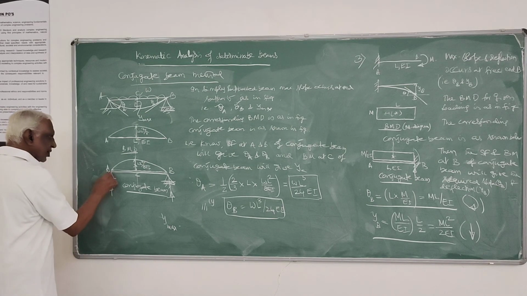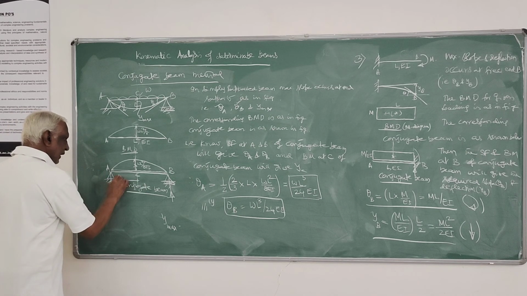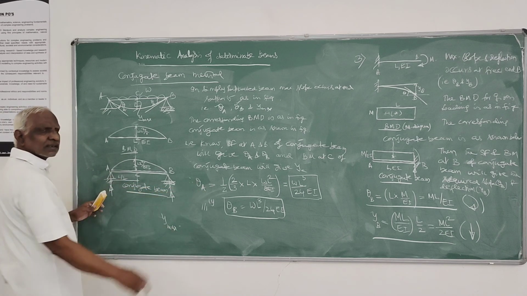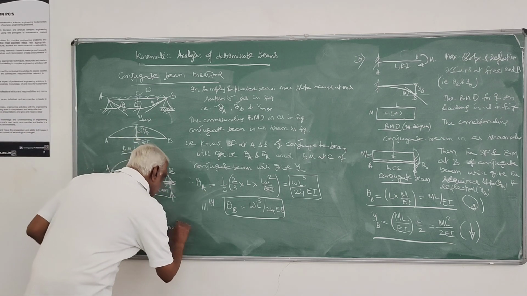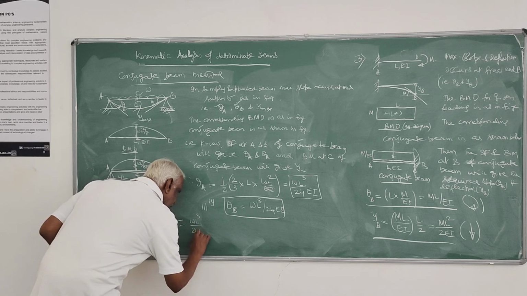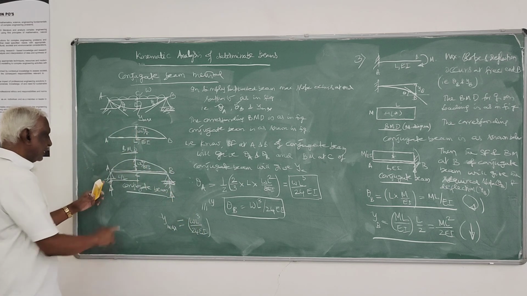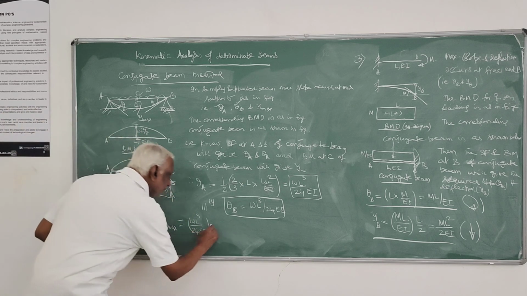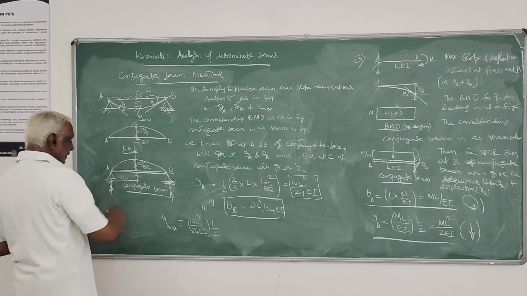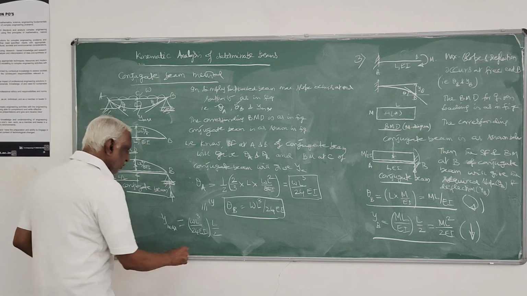So this is RA into this distance, which is nothing but L by 2. RA is nothing but your theta A, that is WL cubed by 24 EI. That is this reaction into L by 2. That is clockwise. Right? So this is the other way, because of what I told, so minus